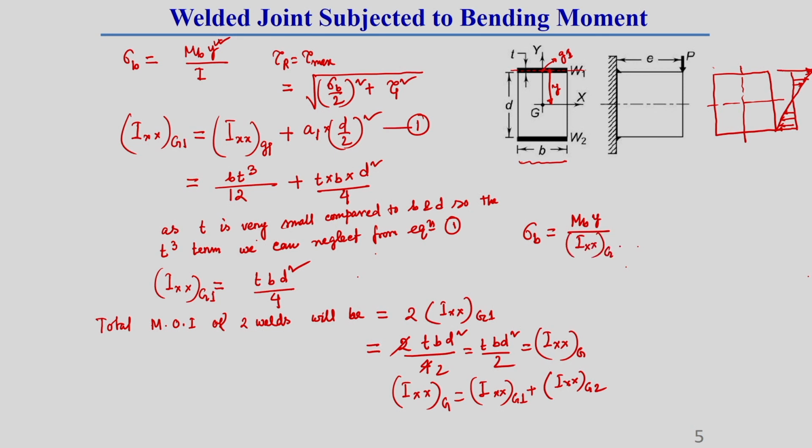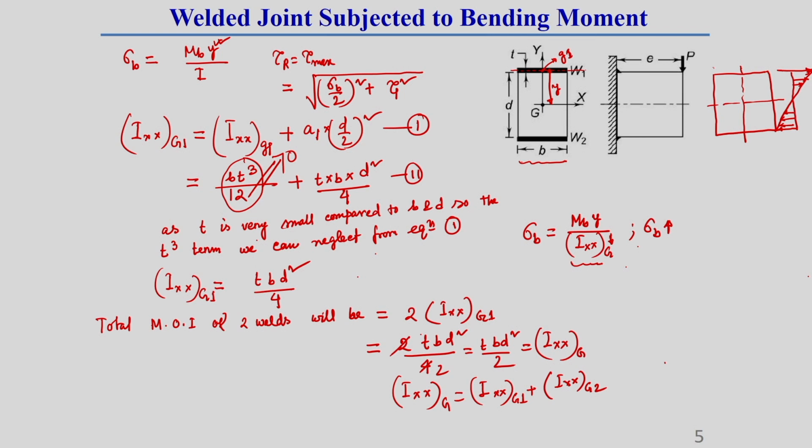Okay. Now, here one thing you can see, we are neglecting this term in equation number, let us say, 2. So, we are neglecting this term equal to 0. Generally we are reducing the magnitude of this Ixx value, because once we neglect this term b t q by 12, then we can say this Ixx about G will be a little bit lower. So, due to neglecting this TQ, this magnitude is a little bit decreasing. Once Ixx is decreasing, then you can say sigma b is increasing. What I am telling, understand?